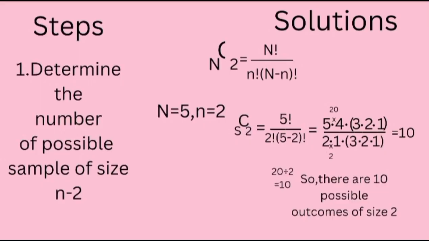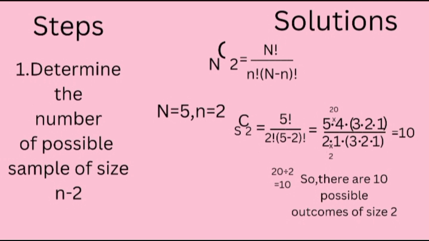So step 1. Determine the number of possible combinations of sample size 2 that you can draw from this population. Recall the formula for the combination. Capital N is the population and small n is the sample size. So capital N is 5 and sample size is 2. Let's substitute into the formula: 5 taken 2 at a time is equal to 5 factorial over 2 factorial times (5 minus 2)